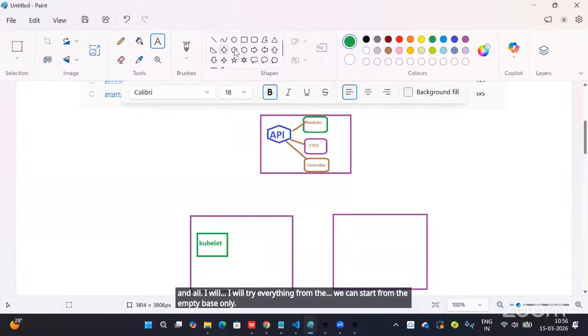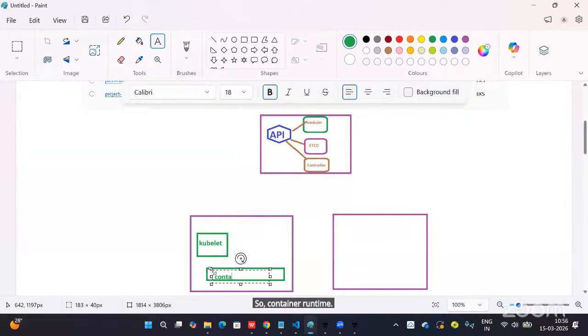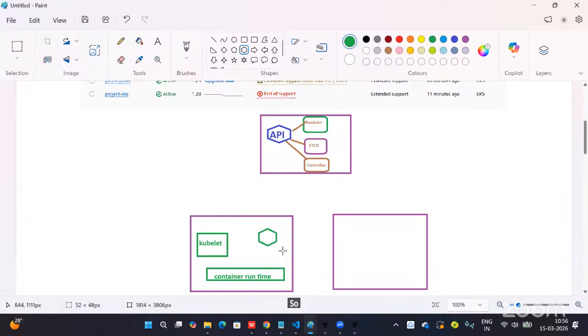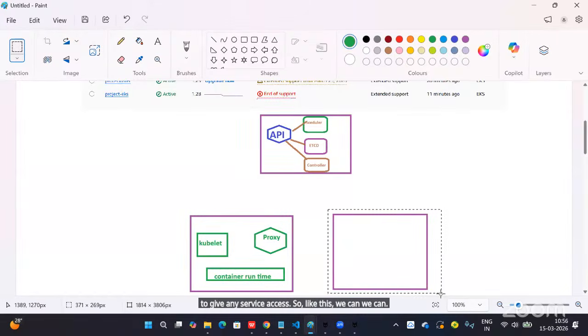So container runtime, container runtime engine. And it's a proxy to give service access. Like this, we can write quickly.